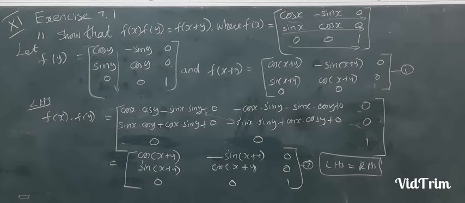The important point is, whenever you are doing the multiplication of two matrices, you just see the element and sign. That is very important. You must be aware of that. Then only you will get the answer.